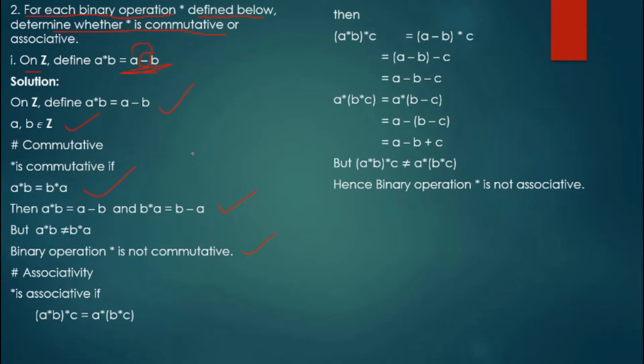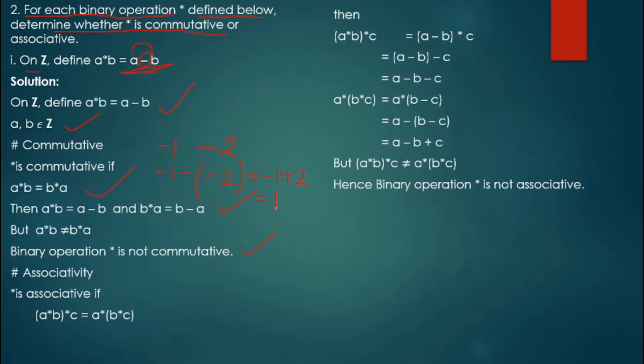You can just put a simple example. If we take the values A is -1 and B is -2, when you substitute, what do you get? That is A minus B. What is the value of B? -2. So when you solve it, -1, negative of negative we get positive, so -1 plus 2 is 1.